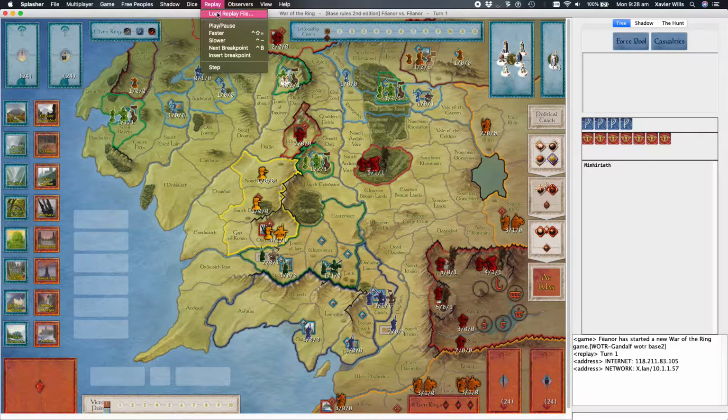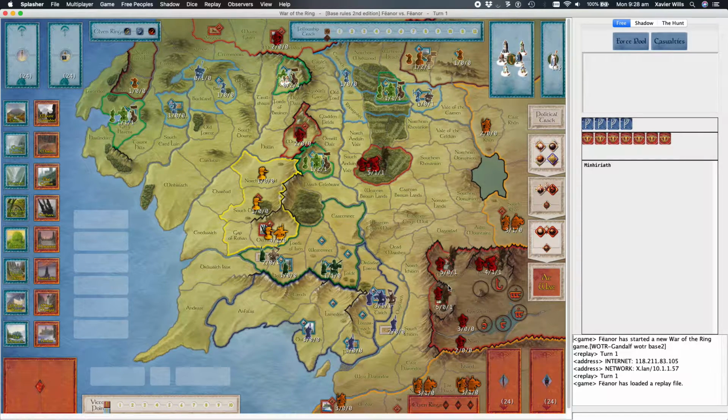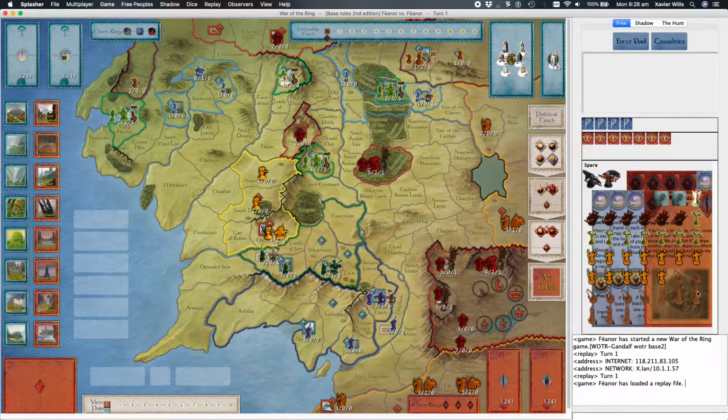So go up to replay and go load replay file. I'm just going to choose a recent game that I played the other day. I'm going to go open with that one, and it's not going to look like anything has happened. Again, that's completely fine. It has told us here though that I have loaded a replay file. So what we want to do from here is go up to replay and then just go play pause. And pretty quickly, you'll start to get these